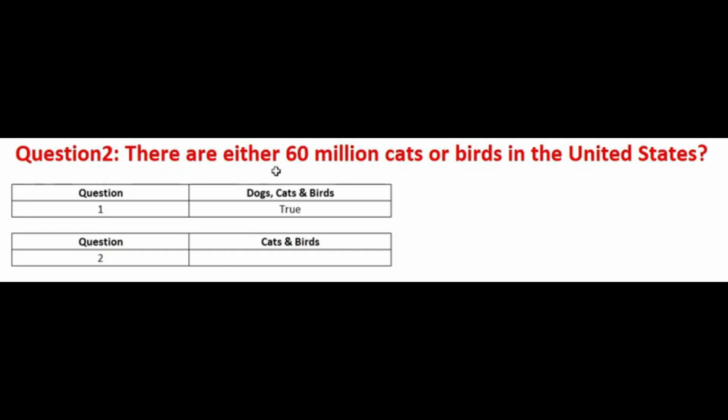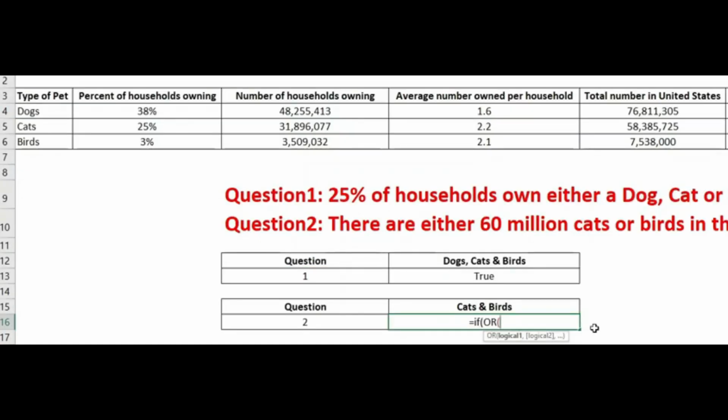Question 2, there are either 60 million cats or birds in the United States. So we want to find out are there 60 million cats or birds in the United States? So cats must be either 60 million or birds must be either 60 million. All right, so let's write our function. Equals if, parentheses, or, parentheses. Start our logical test, and we want cats